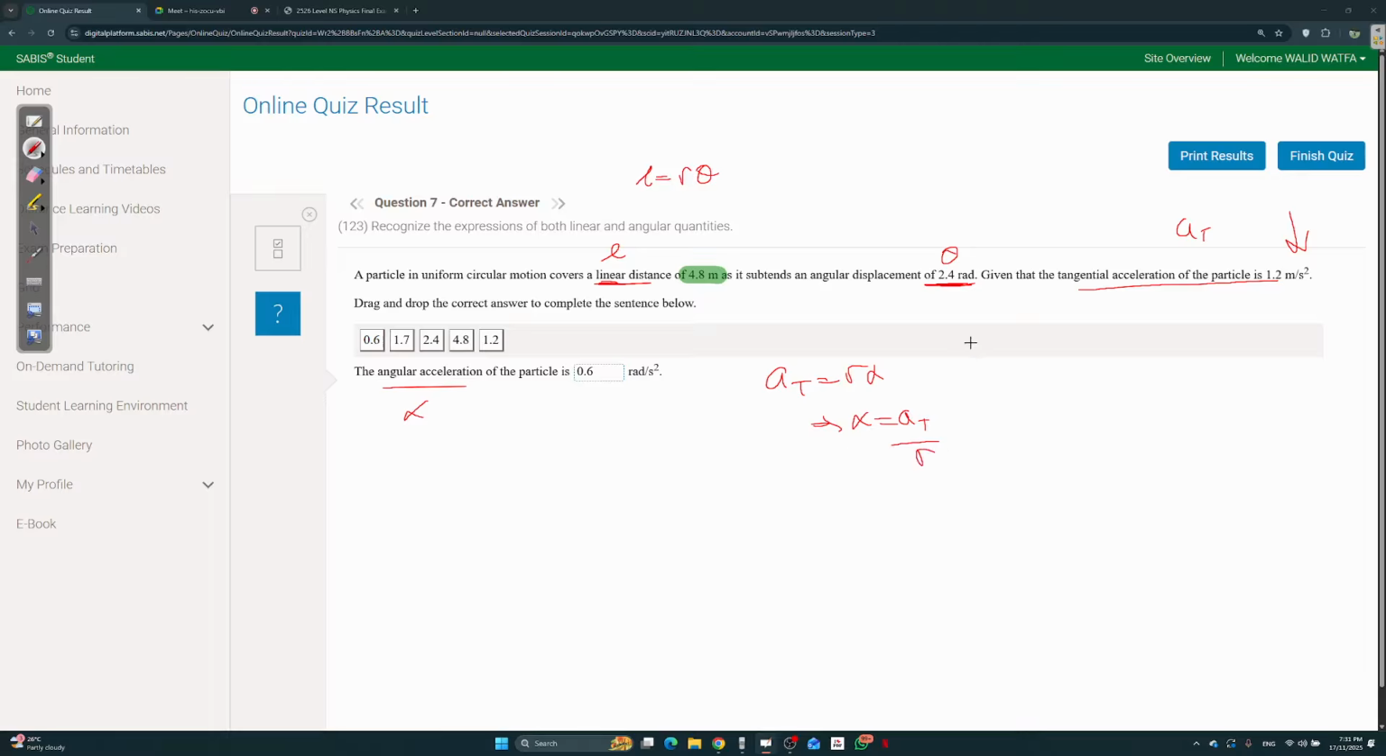We don't have the radius, but if you can see here, they gave us L and they gave us theta, and how can we relate these two? L is equal to R theta. So you can actually find the R by doing R is equal to L divided by theta. So that's 4.8 divided by 2.4, which is 2. So that's your R. So over here, you can substitute A tangential, which gives us 1.2, over the radius R, which is 2, and you get